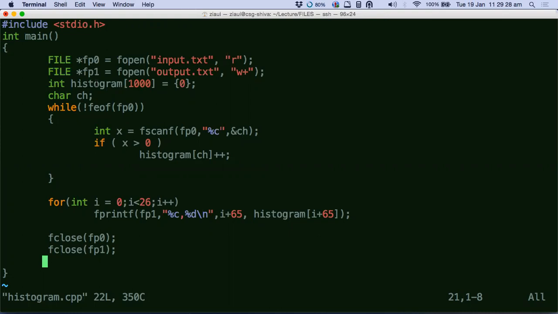What is the second function of fclose? How does it happen basically? Whenever you write something, first it goes to the mailbox, right? And from the mailbox it goes to the actual file. Whatever you write does not go to the file instantaneously. It stays in the buffer for some time. And when the buffer is filled with new data, then the old data that was there gets written to the file.